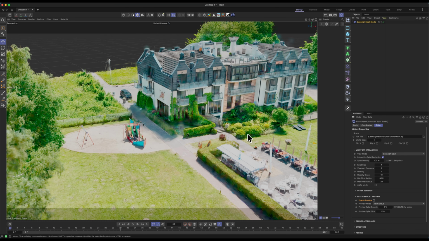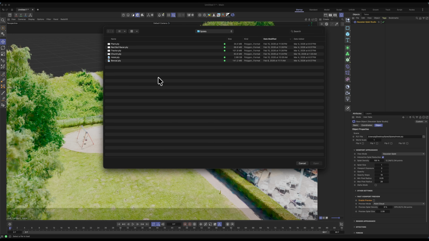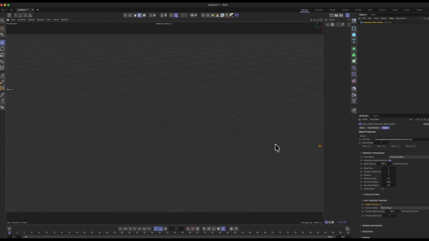These splat scenes will vary a lot. Some of them are very heavy. For example, here we have a scene with 12 million points, which is quite a bit. But we have options within the plugin to speed up heavy scenes like this. But to demonstrate the plugin, I'd like to start with something a little simpler using a file with a more average splat size. So we're going to load up our tractor scene here, and you'll see that it actually imported